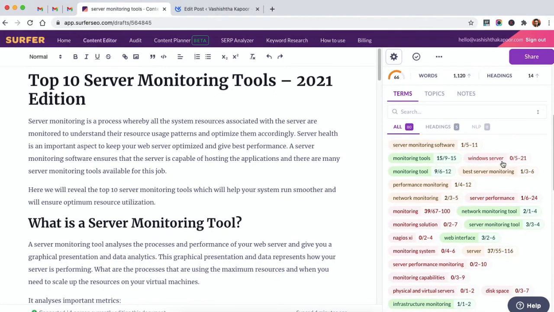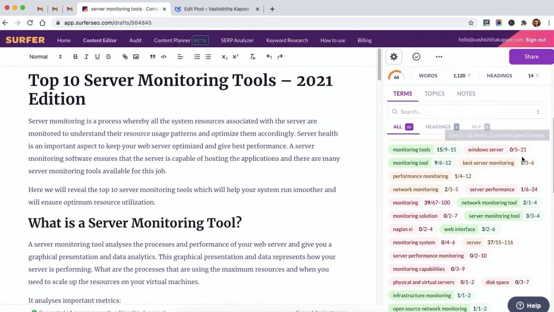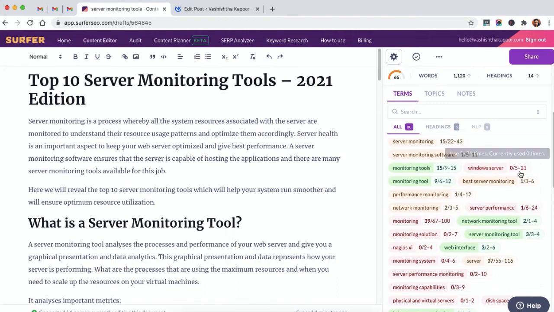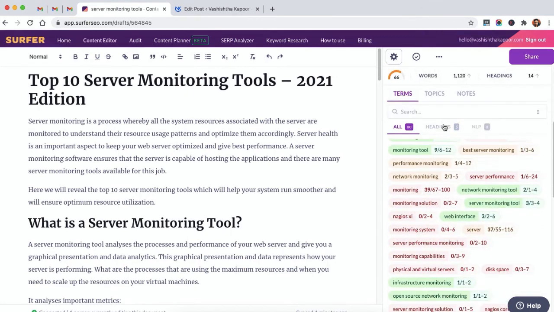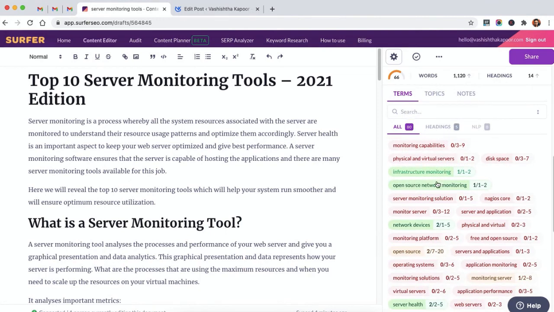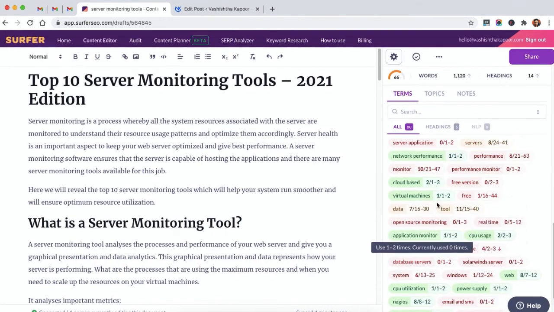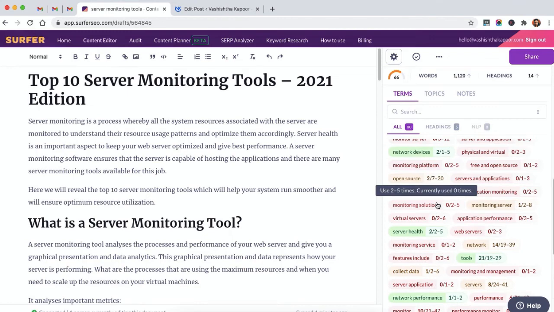And there are some words that are not even mentioned once in the content, so we need to make sure we are adding these keywords few times or the number of times it is required in the content, and the content score will eventually improve. So as you can see, there's a lot more words that I can include. So this is like a continuous process.